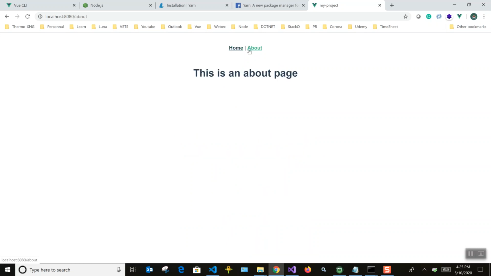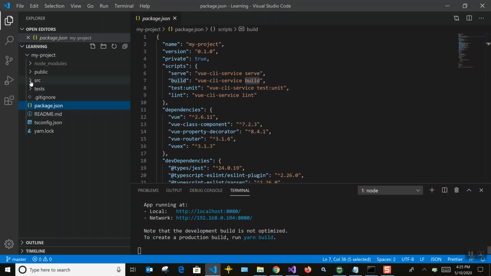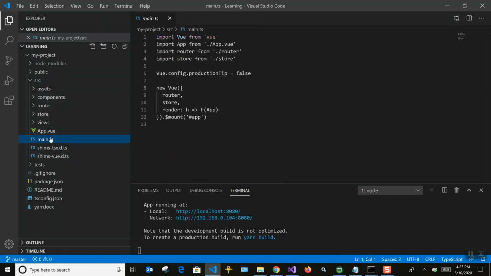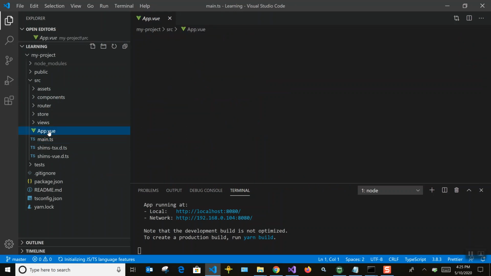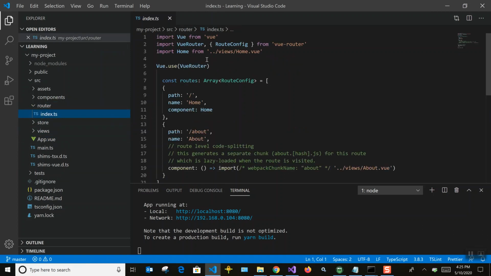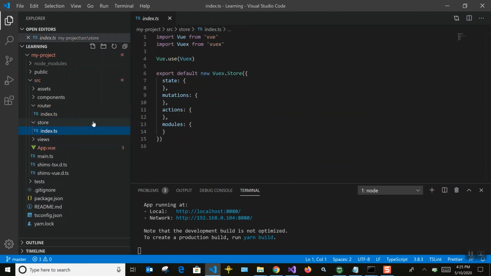You can see it has a route, it has two tabs, and some HTML content it has bound. You can see all the details here. It has a main.ts, which is the entry point, and here App.vue is the initial component. Here you are given the router links to different components. Those router details you can find inside this router.ts. This is the store, like if you want to use any Vuex related action, that can be found here.